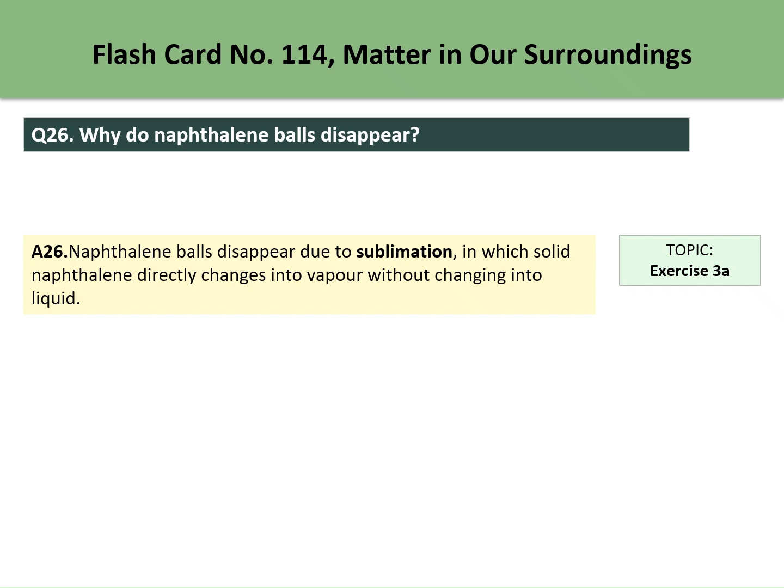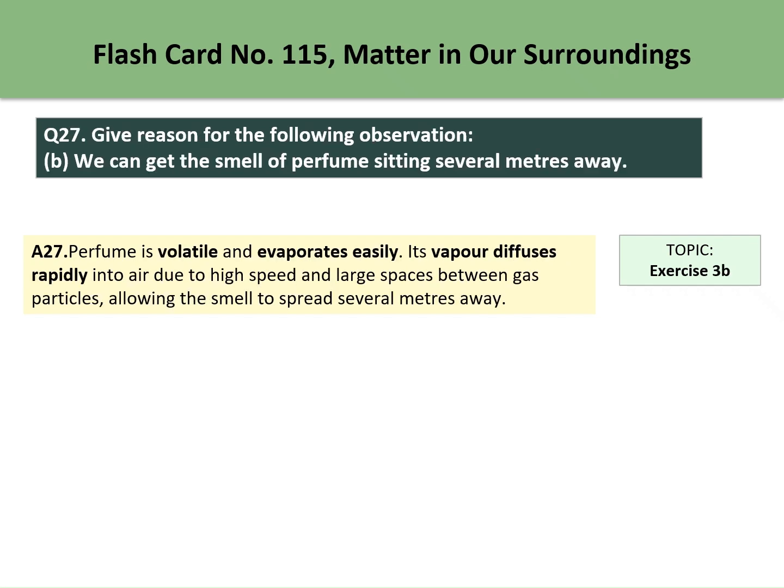state. Next. Give reasons for the following observation. We can get the smell of perfume sitting several meters away. Perfume is volatile and evaporates easily. Its vapor diffuses rapidly into air due to high speed and large space between gas particles, allowing the smell to